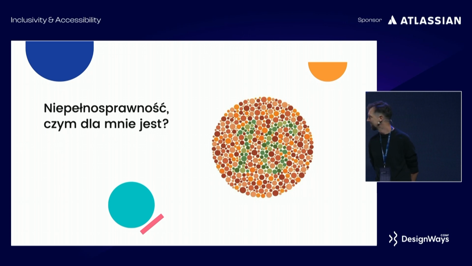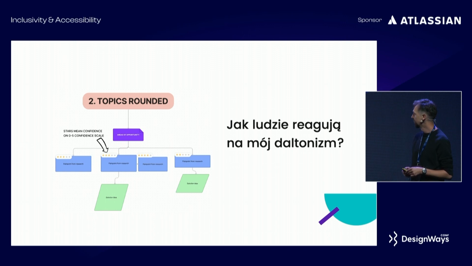Now, let me tell you something more personal. Here's a beautiful cutout of the color blindness test. In this case, I cannot see anything on the screen. There are only dots and dots and dots. You can probably see a number here. But in this case, I'm excluded on purpose because it's a test. Imagine such a combination of colors in your product and you exclude somebody. And this is not on purpose anymore.